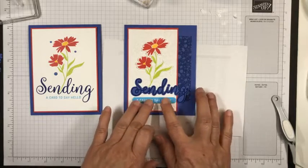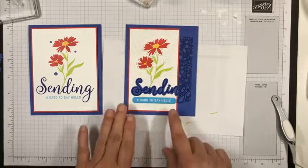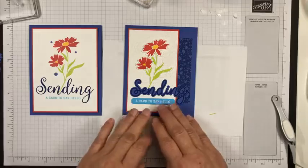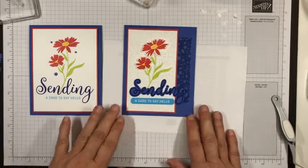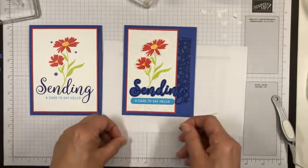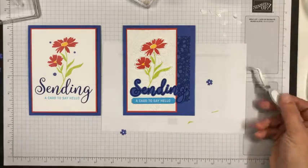Yeah, there we go. So we could have done this with the sending popped up higher, and this one could have been adhered with glue dots, either which way. And instead of just using these beautiful ombre dots, I'm going to go ahead